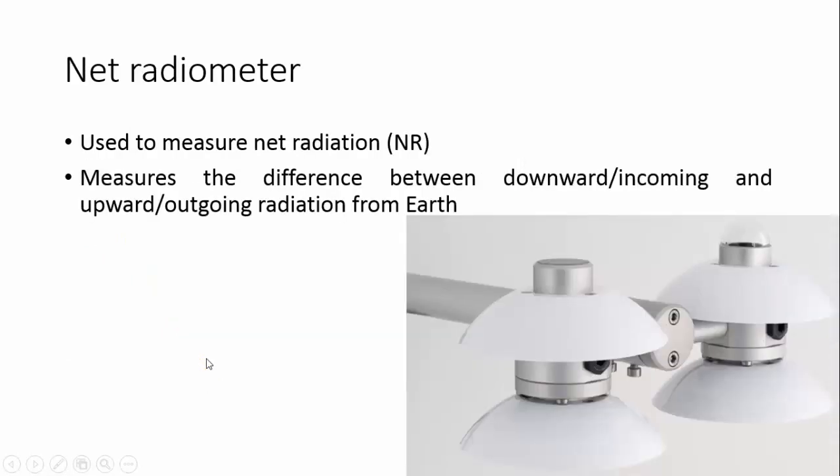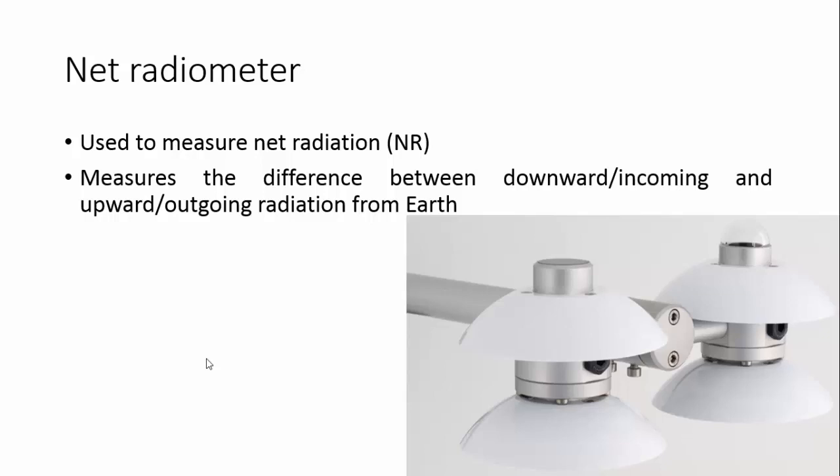And the last type that we are going to see is the net radiometer. So the term says this is a net radiometer. Net means, generally, we can see gross weight and net weight. What is the meaning of gross weight and net weight? Gross weight is the overall weight of the component. Net weight means neglecting the packaging and all.